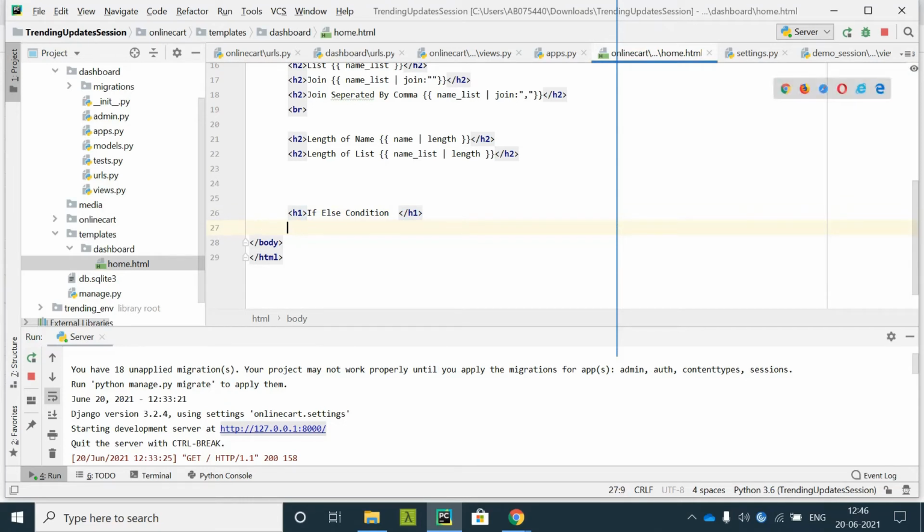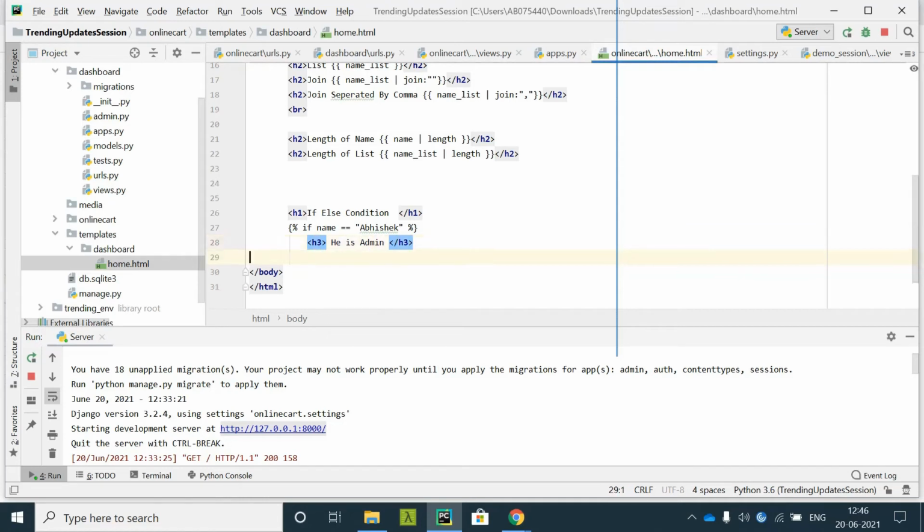You should be using curly braces and then the percentage tag and then say if name equals Abhishek. The body goes over here, something like an h3 tag I will use to display. If the name is Abhishek, then he is admin.